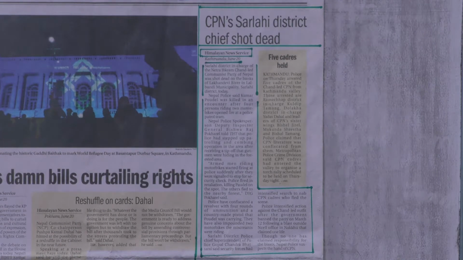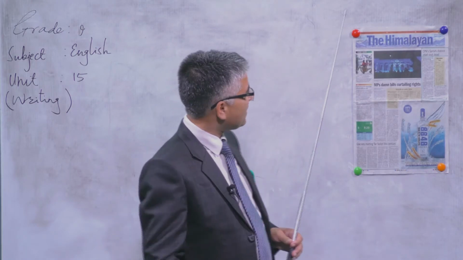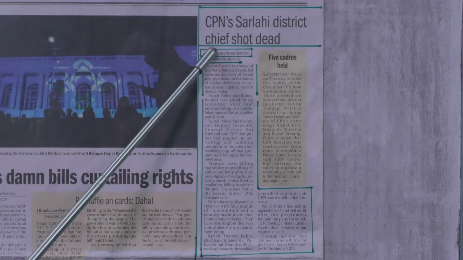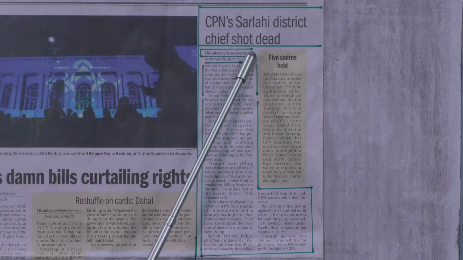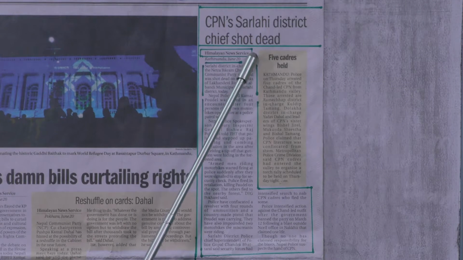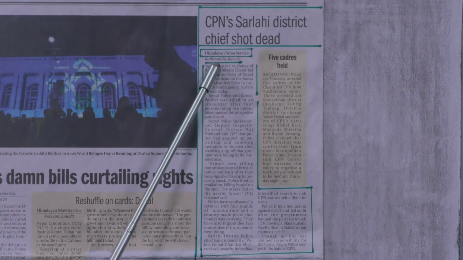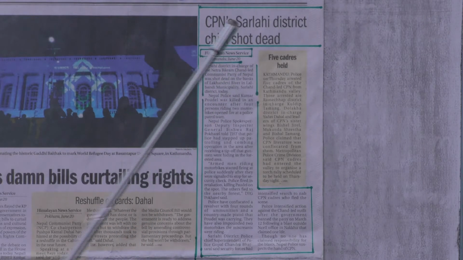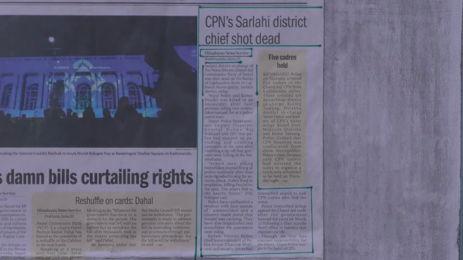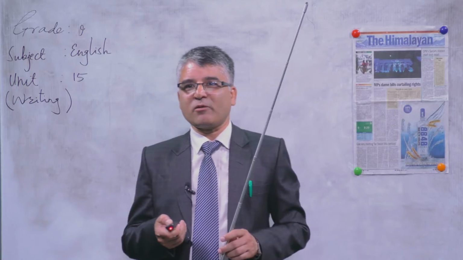This is called the headline. And what is a byline? Can you see something written here? What is written here? Himalayan News Service. This is the byline in a newspaper article. And at the bottom it is written Kathmandu, June 20. This is the deadline, right? So we have discussed the flag,